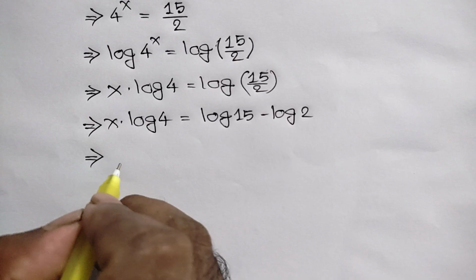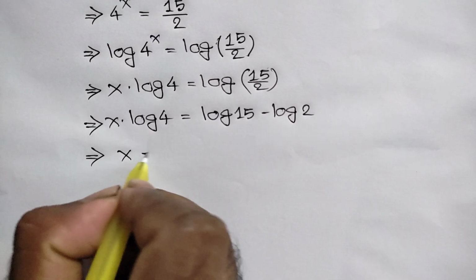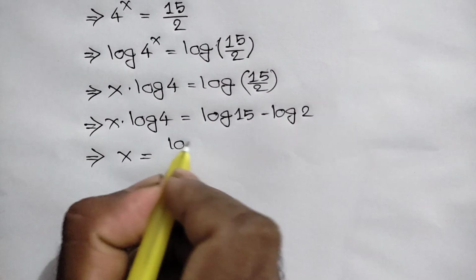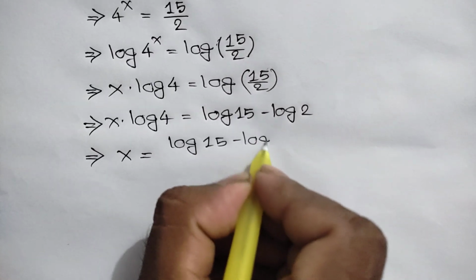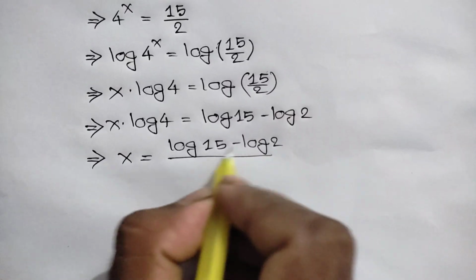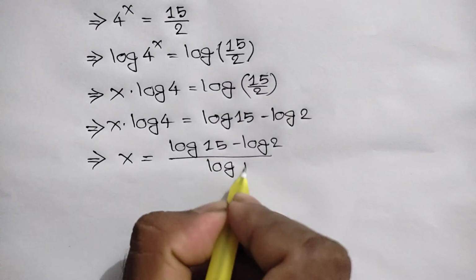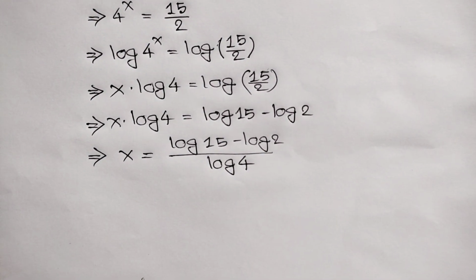We can write here x is equal to log of 15 minus log of 2 all over log of 4,